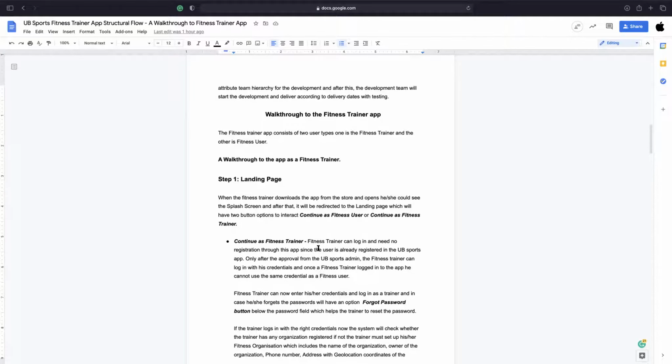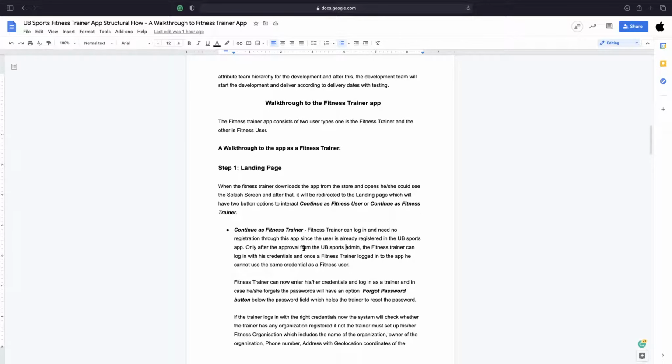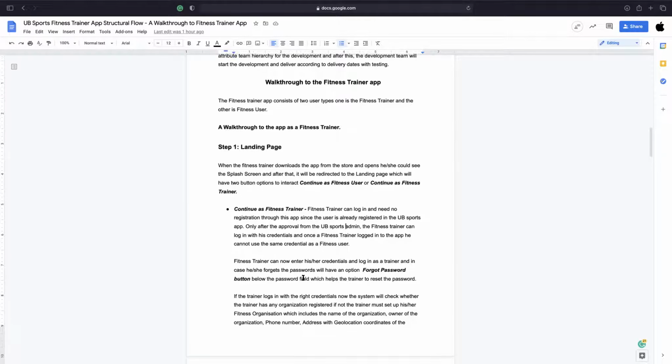His old credential that is already created in the UBsports can be used as a login here, and he can get into the application. So now he has gotten into the application. Now what he could see is,